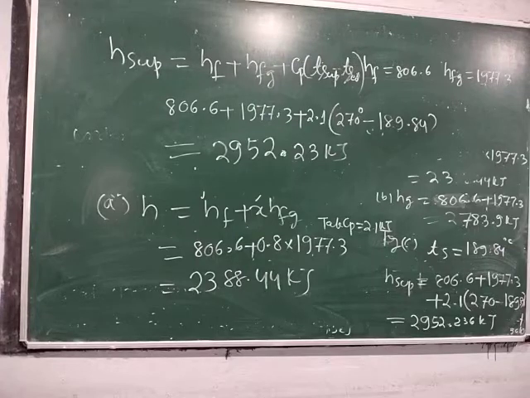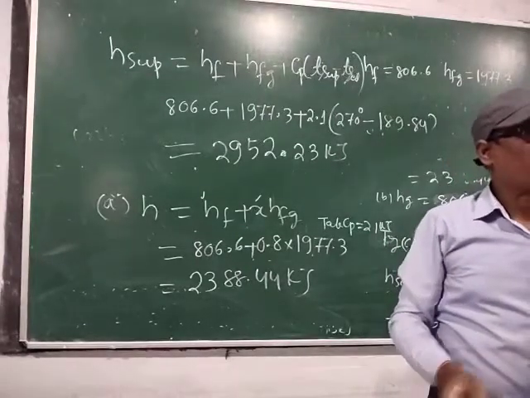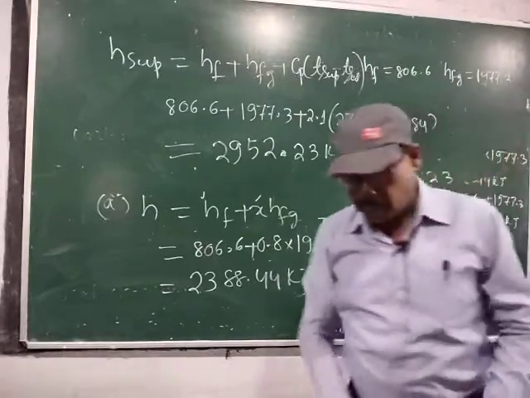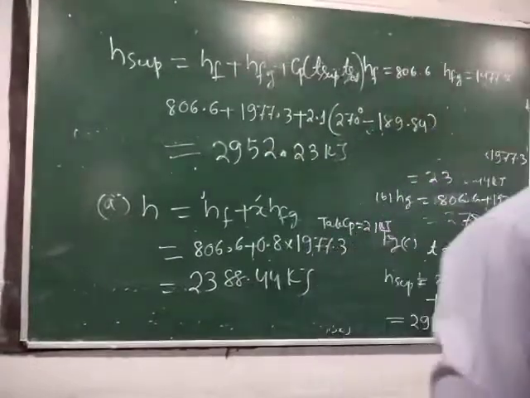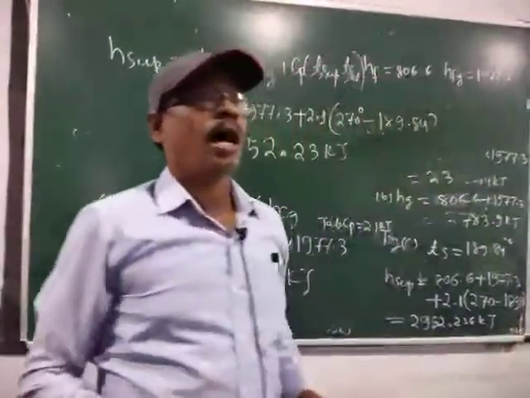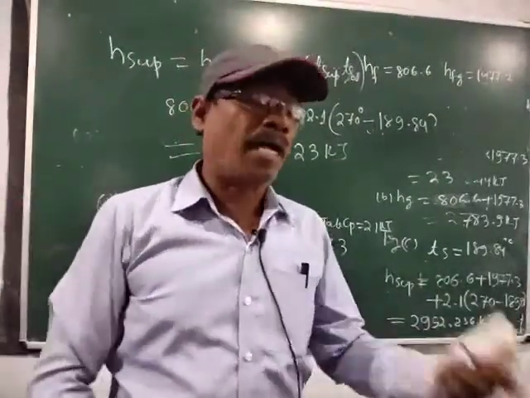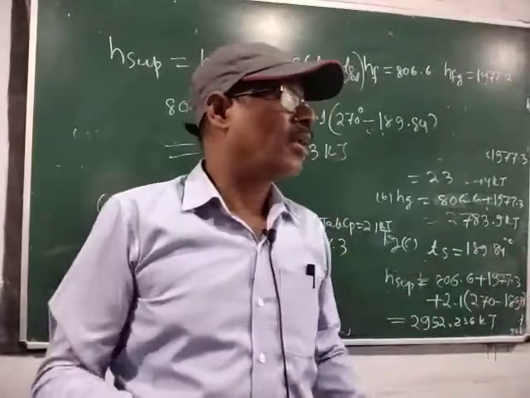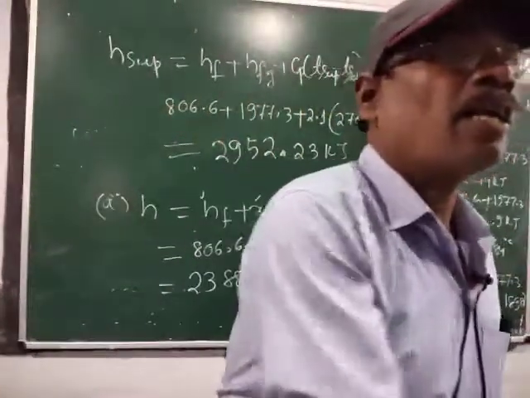These are the values of total heat for wet steam, total heat for dry steam and total heat for superheated steam. Total heat or enthalpy is the same thing. Next class I will discuss what is a boiler and its function, the parts of a boiler and their functions, and describe the Cochran boiler.